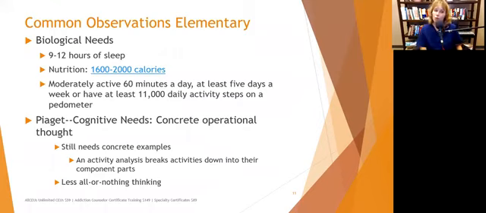When they get to elementary school, now preschool, we talked about, maybe kids are still getting their 10 to 13 hours of sleep. In elementary school, a lot of children are not getting 9 to 12 hours of sleep. And it depends on the child how much they need, but not every child that needs 9 hours is always going to need 9 hours. When they're going through a growth spurt, they may need 13 hours. So we want to encourage children to start paying attention to their bodies, and when they're sleepy, to go to sleep. If that means they're going to sleep at 7 o'clock, that's okay.